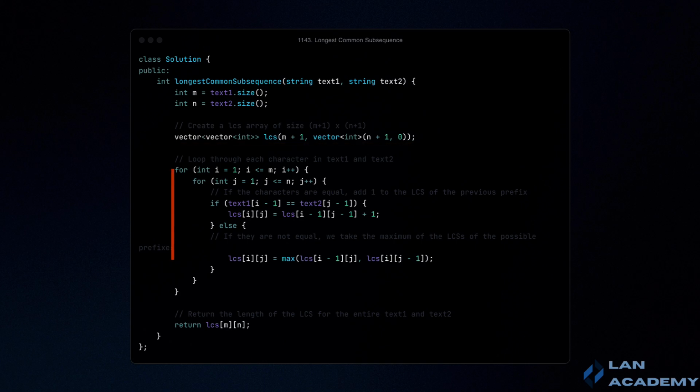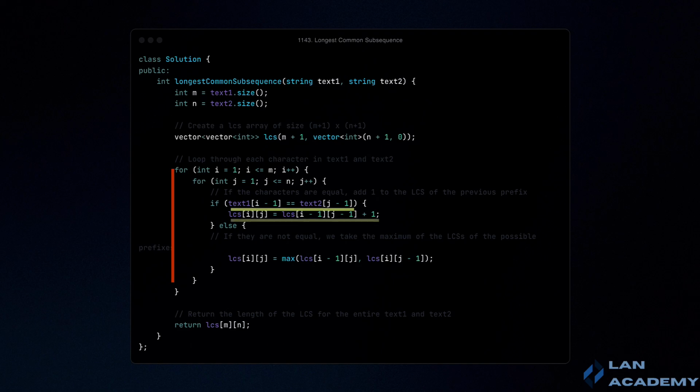Next, we iterate over each character of text1 and text2 using two nested for loops. For each pair of characters text1 of i-1 and text2 of j-1, we update the LCS table based on whether the characters match or not. In the first case, if text1 of i-1 equals text2 of j-1, it means that these characters contribute to a common subsequence.